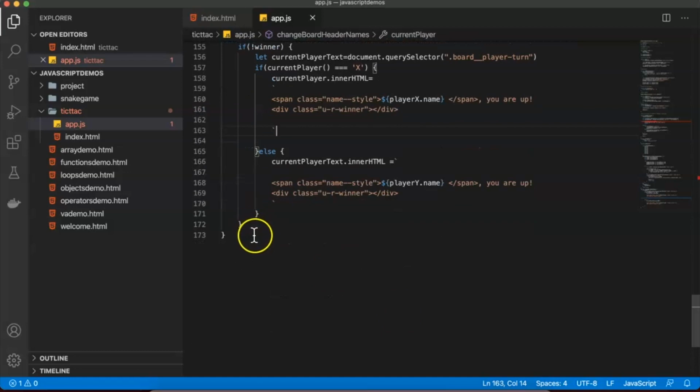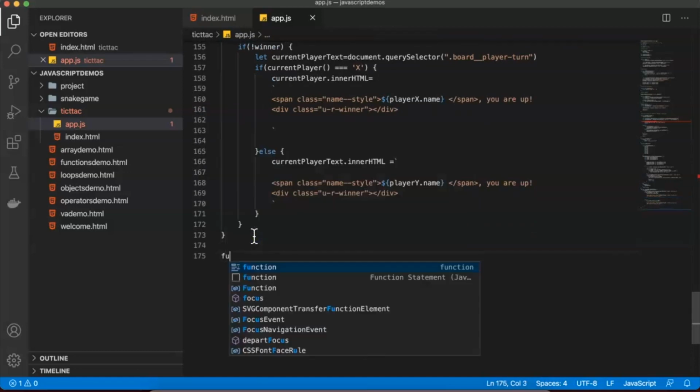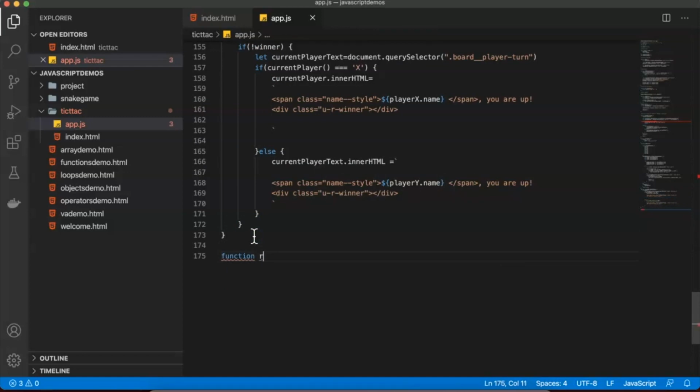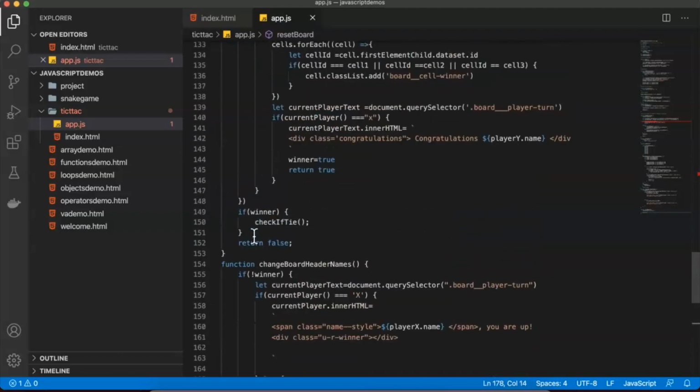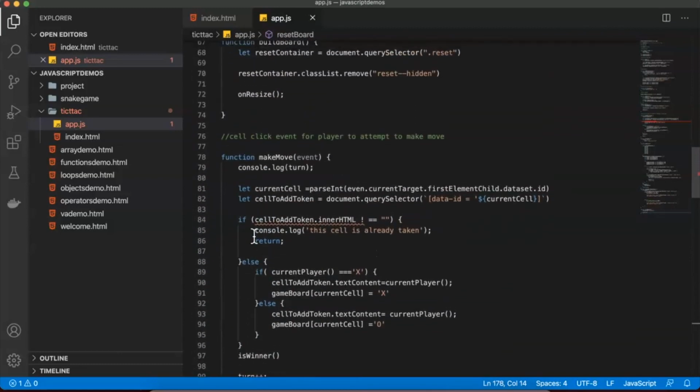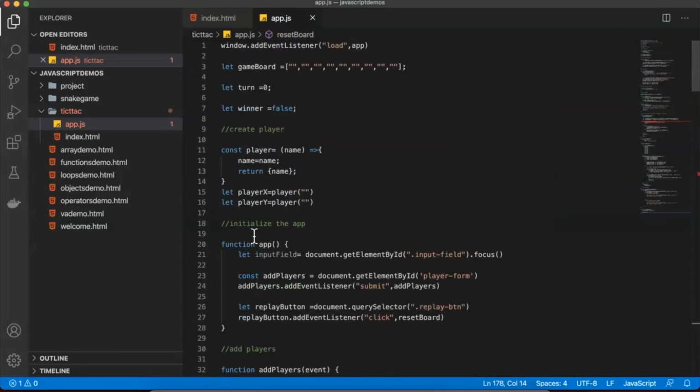Well, after this what we have to do is create another function called resetBoard. Function resetBoard. Now in this function resetBoard we just say console.log, a small message, resetting is added. Now afterwards we will be using the game board, the same game board we have used earlier, I'll be using the same conditions. On the top, if you remember, that was the game board for me, so I'll be using the same game board. We copy this,